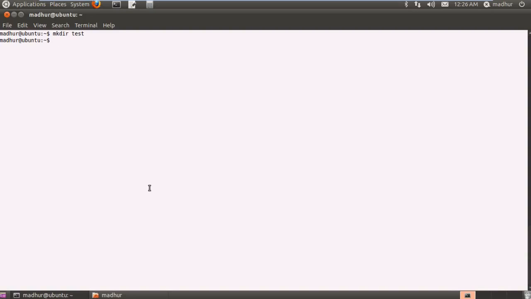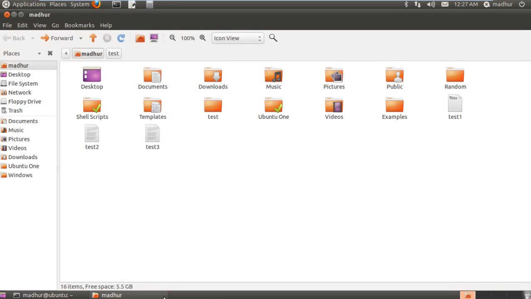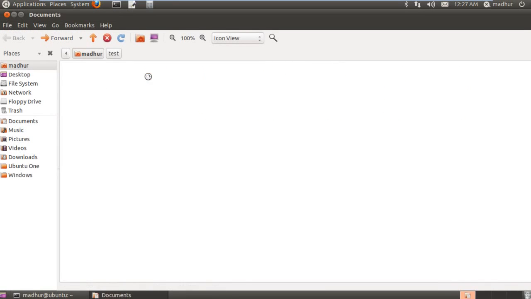So instead what we can do is we can execute this command, mkdir documents/ because we want to put it inside the documents folder, and then we can give a name to our folder like test_folder and press enter. And now you guys can see that in my home folder, in the documents